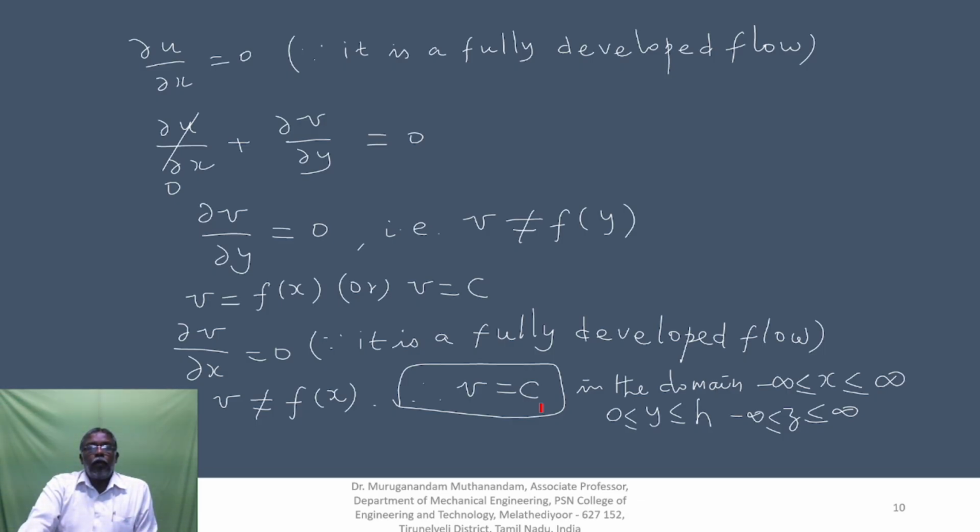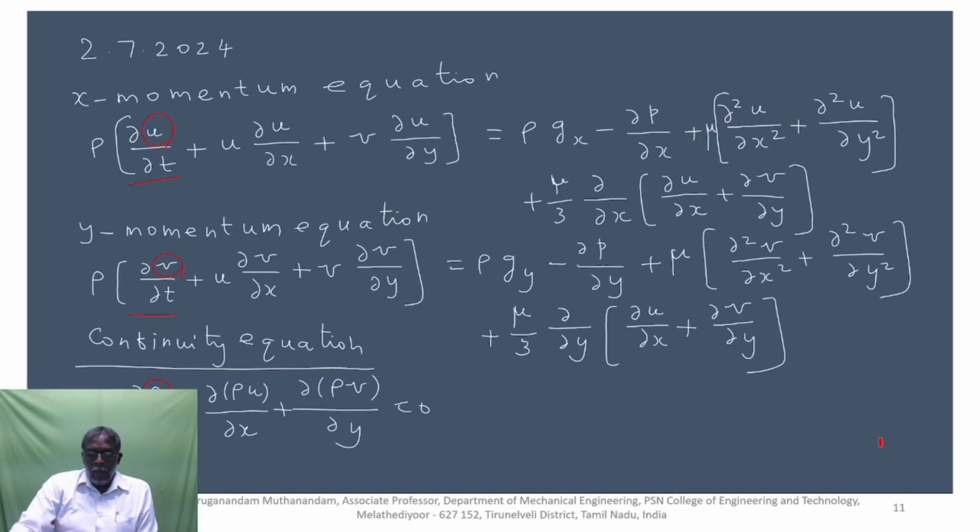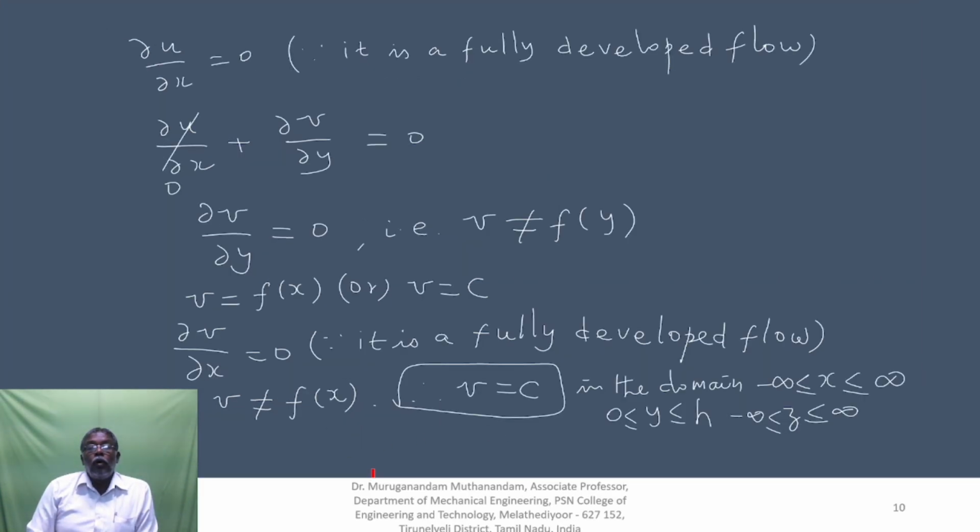Based on the fully developed flow condition, v is equal to constant in the flow domain, x which varies from minus infinity to plus infinity, y varies from 0 to h, z varies from minus infinity to plus infinity. So, the general continuity equation is now reduced to this